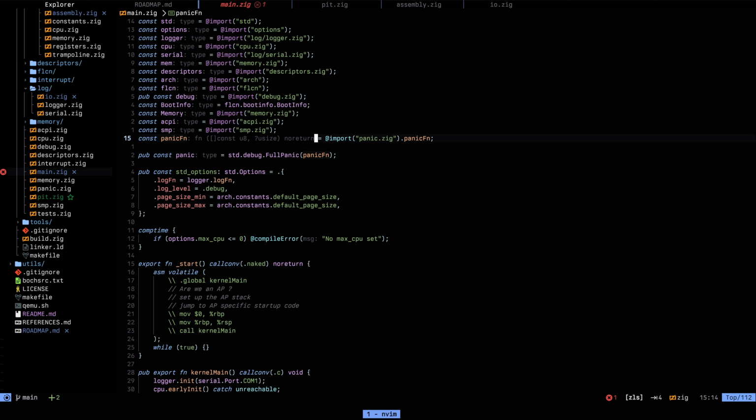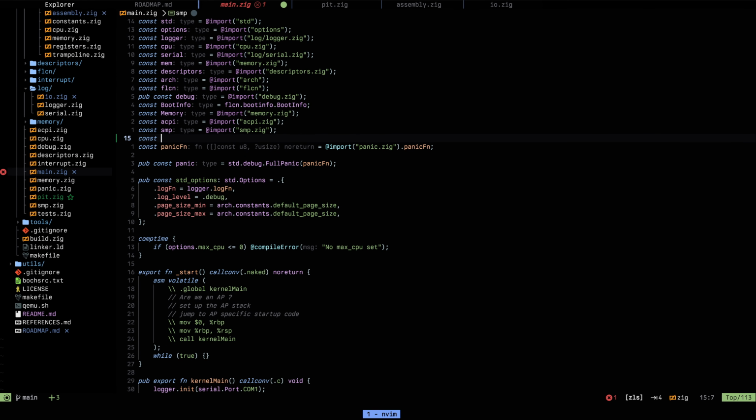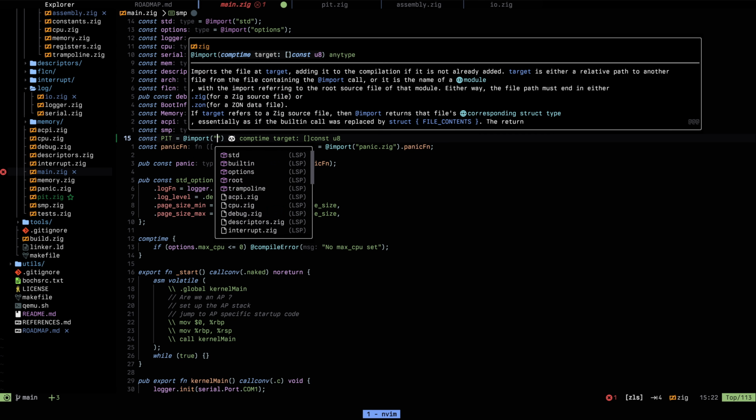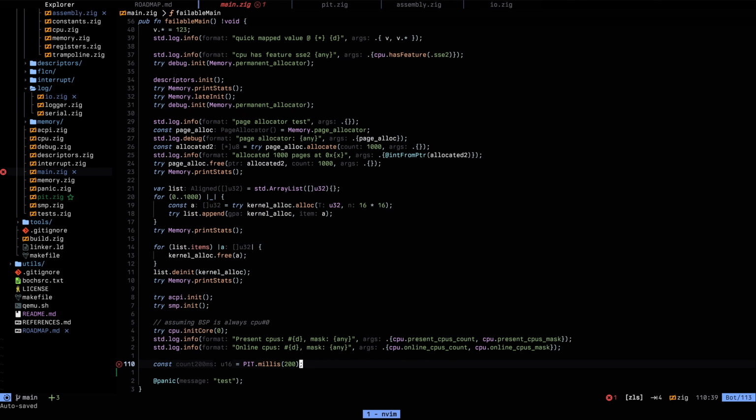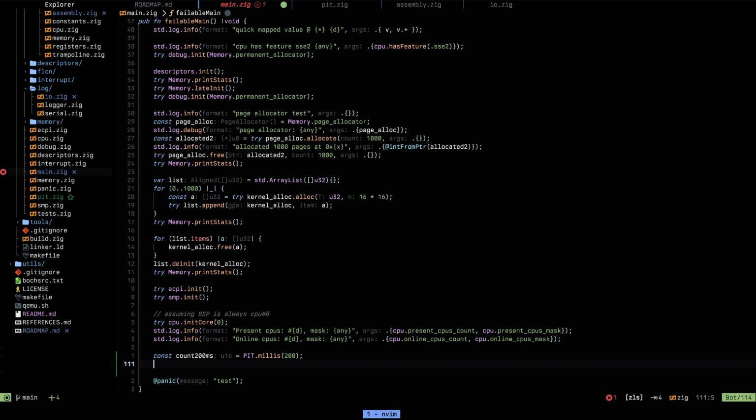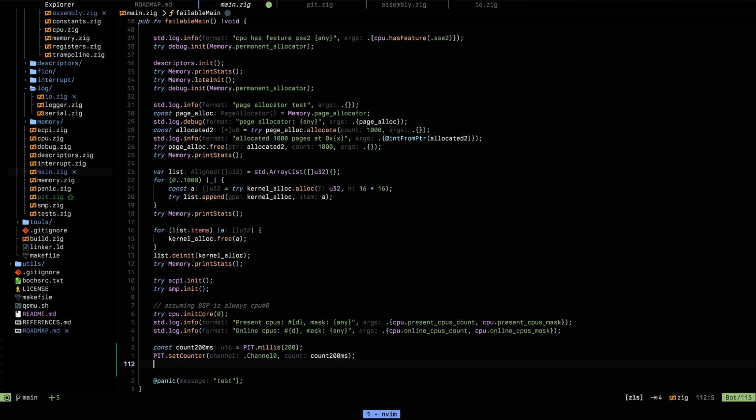So let's just first of all import const. Should we do this? Yeah, sure. Import. I guess it's just bit.zig, and that's okay. So now we do bit.set counter to channel 0, and we set that to count 200 millis, and then we